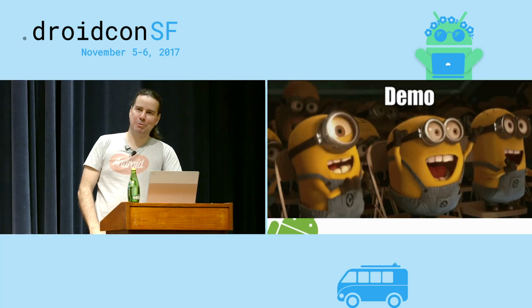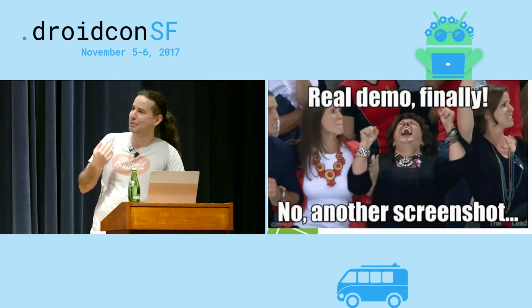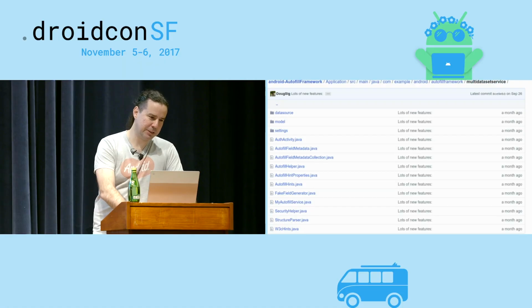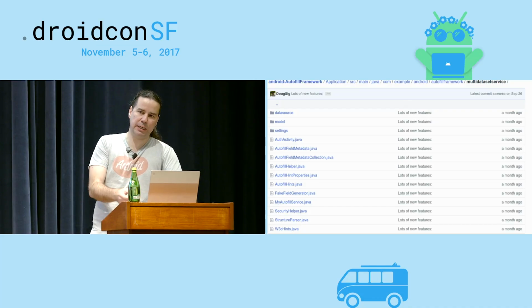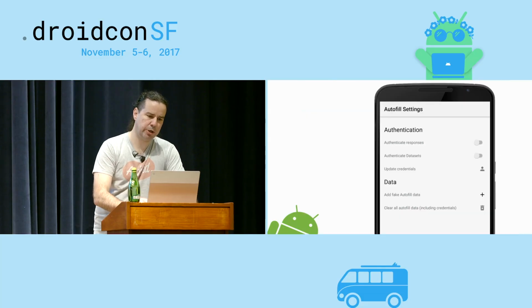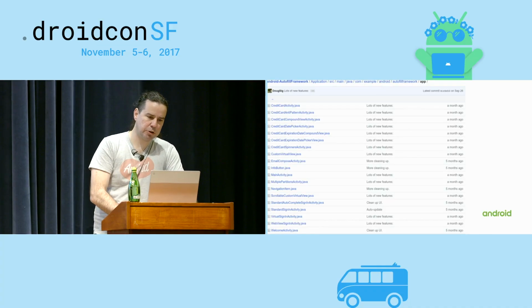So now let's try to do some demo with the autofill service, and I'm actually lying because we don't have time to do a real demo, so I'll show more screenshots. This is our autofill service. Basically, it's an open source project that's available on GitHub. If you go to the main autofill documentation, there's a link to this website. There are a lot of intermediate classes here, but the most important one is the autofill service itself. There's also a settings page where you can customize the behavior of the autofill service. For example, you can automatically generate some datasets initially. And also we provide